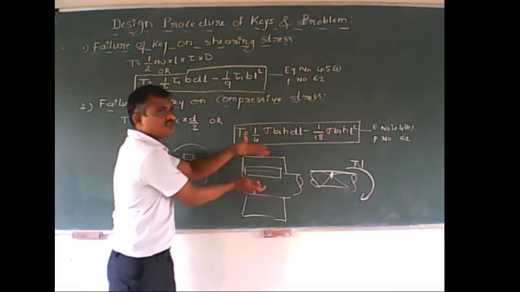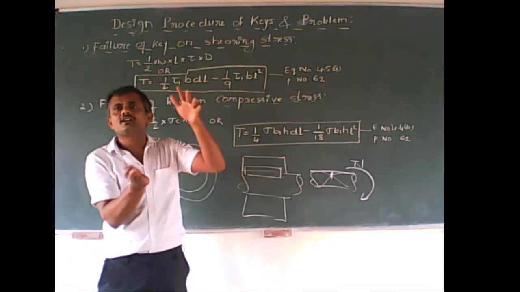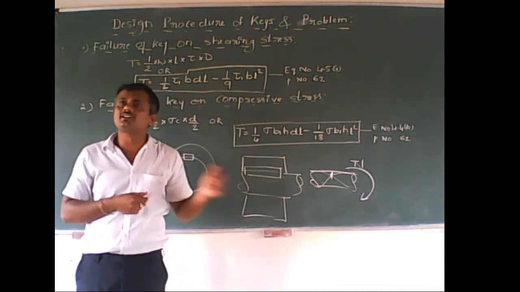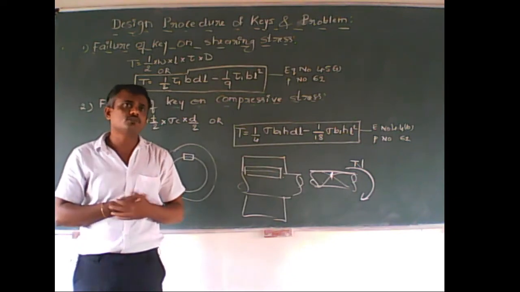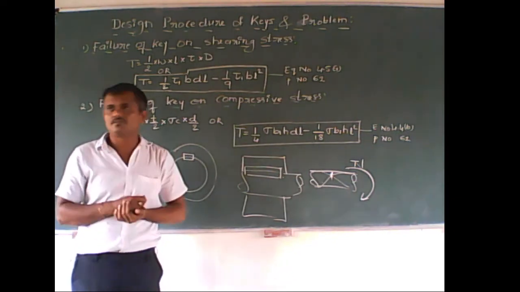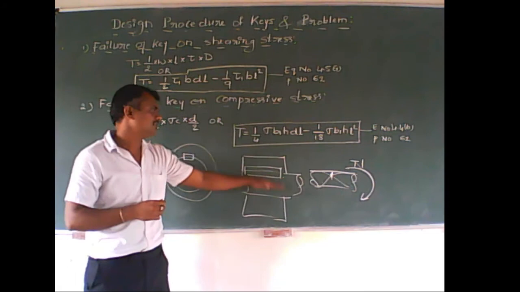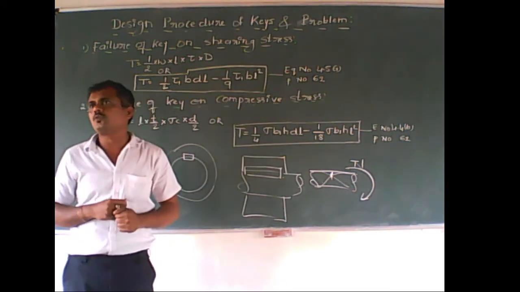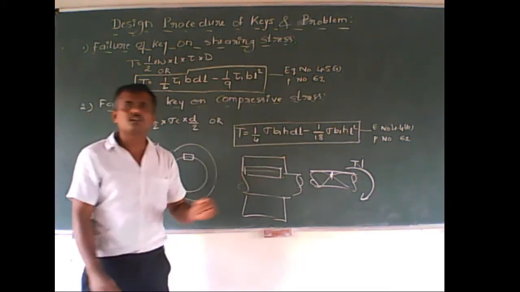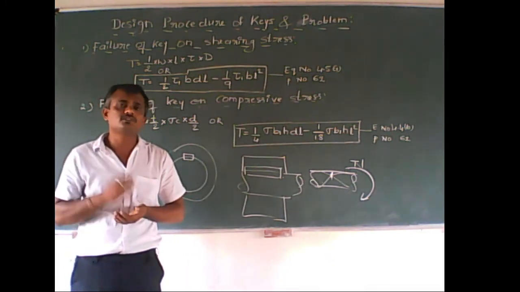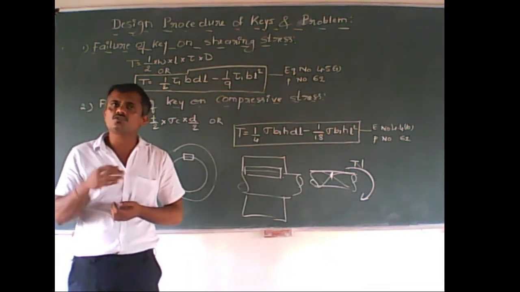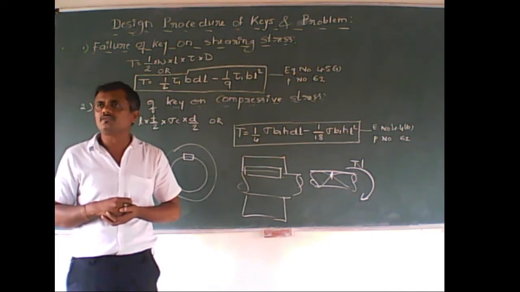In between these two, a key is placed so that during the fast movement, as I said, this shaft is rotating at more than 1000 rpm minimum. So what happens during the fluctuating load? These two bodies may crush the key, and the key may collapse or fail. So this is why we have to concentrate during the design of a key.